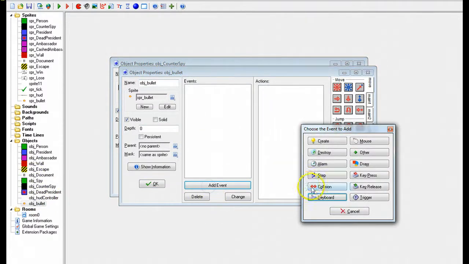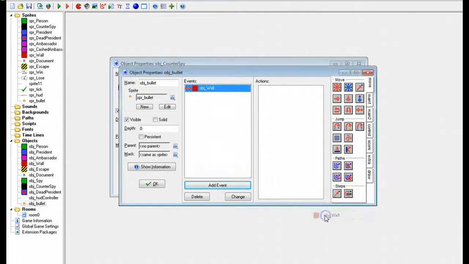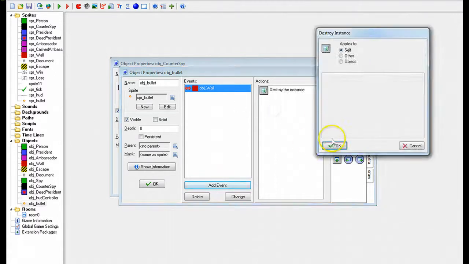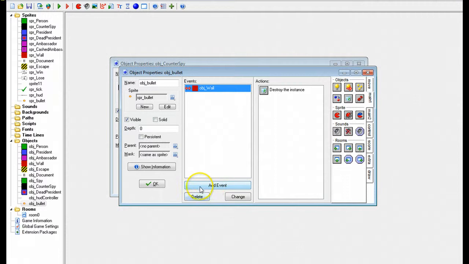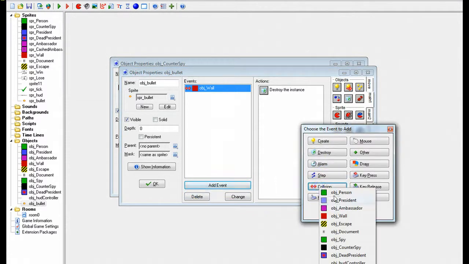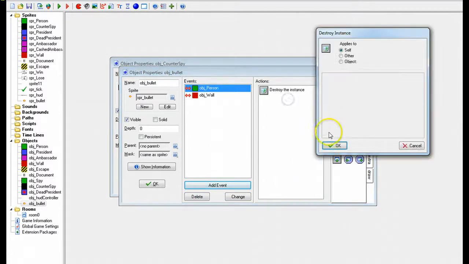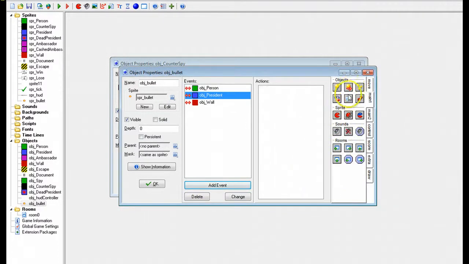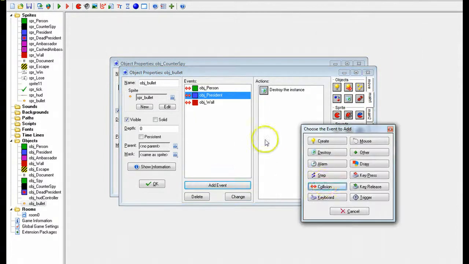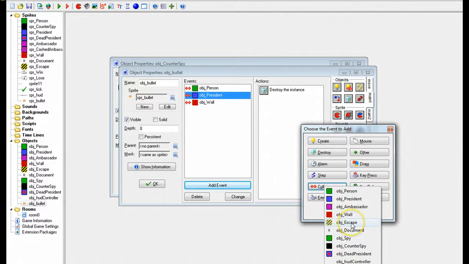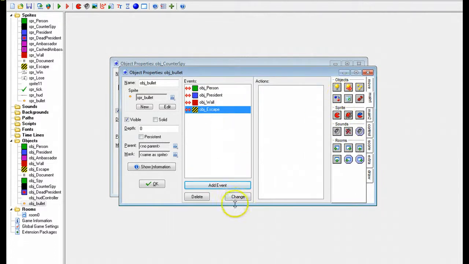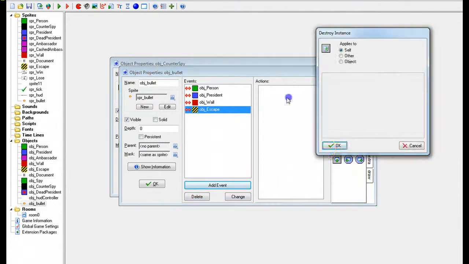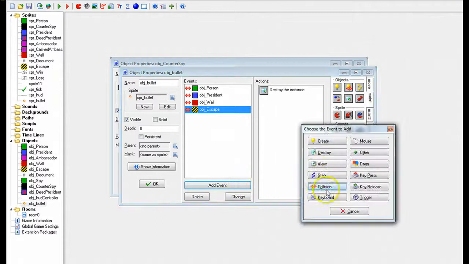Now we're going to need another check, and that's going to be in the bullet. What happens when the bullet collides with a wall? If the bullet collides with the wall, we're going to destroy instance self. Then we're going to add another event, bullet collides with a person, destroy instance self. We're just going to add all of these in for nearly all of them. Instance self, add event, collision with object escape. Oh, we don't really need that one. Oh no, we should put it in. Destroy instance self, add event, collision,